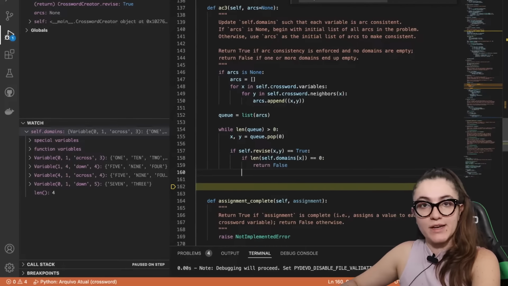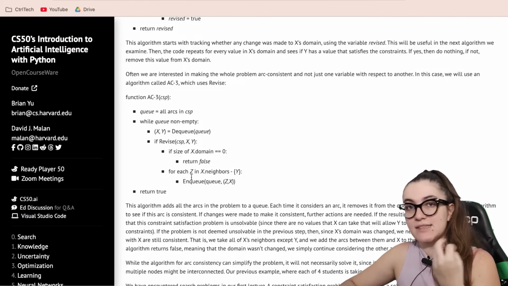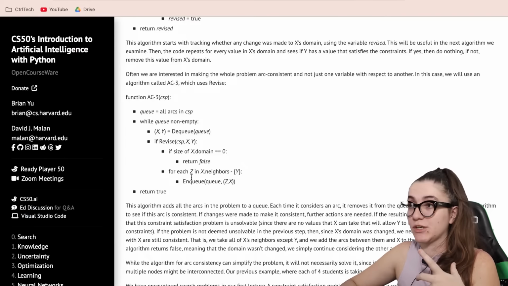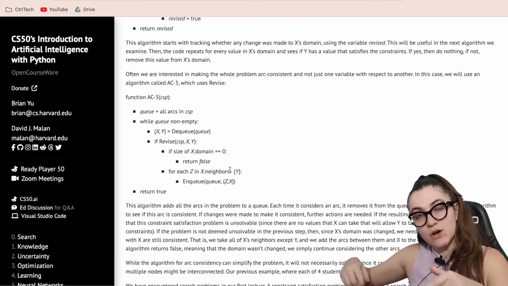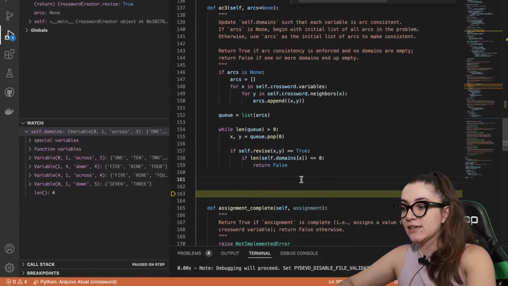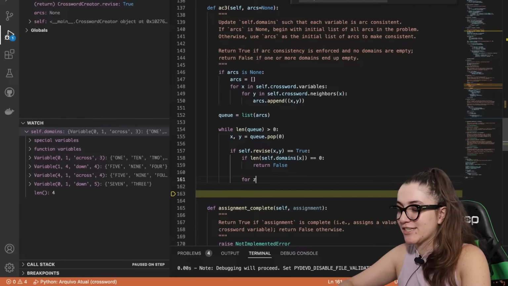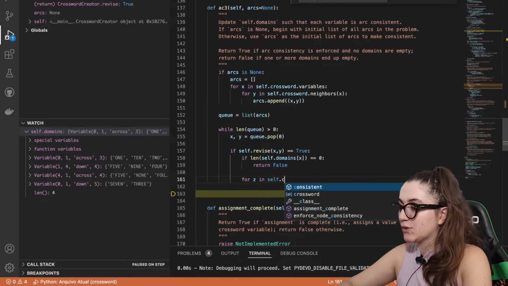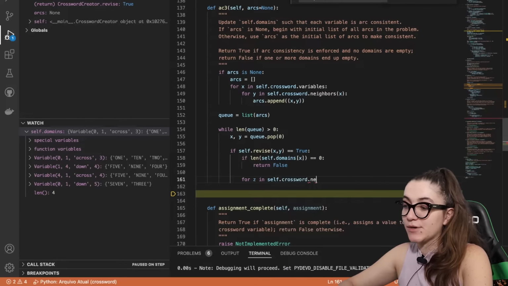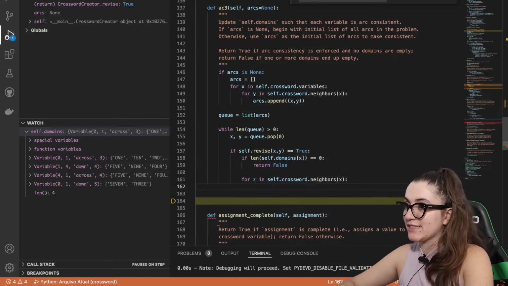If not, all right, we're gonna go ahead and we're gonna add neighbors of x, except the current variable we just took a look at, back to the queue. So we should do all this process again. So we're gonna add new items in our queue again. So this loop will kind of go on forever, right? So I'm gonna do for z in self.crossword.neighbors of x. So I'm gonna get all the neighbors of x again. If